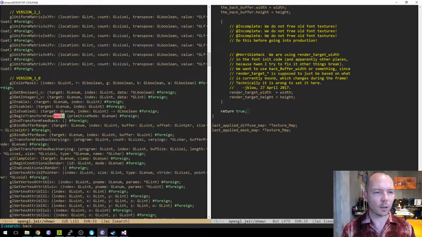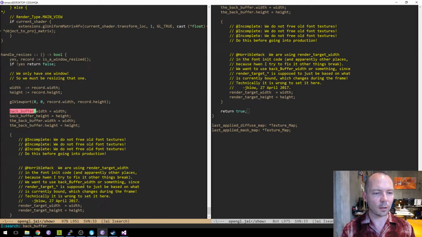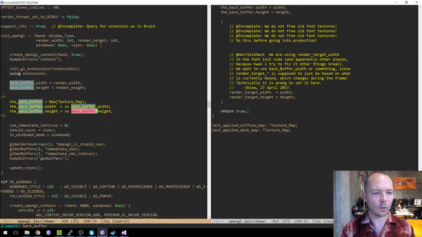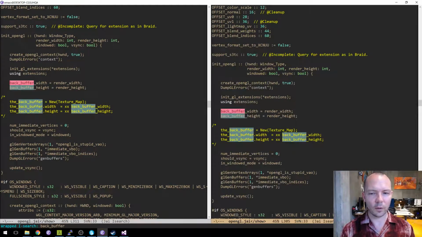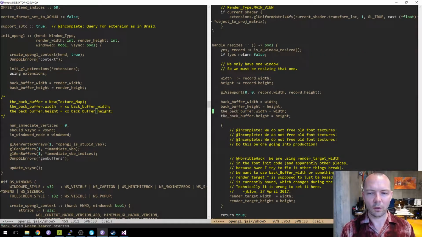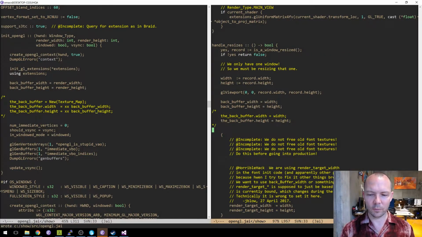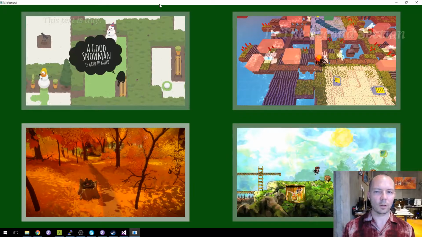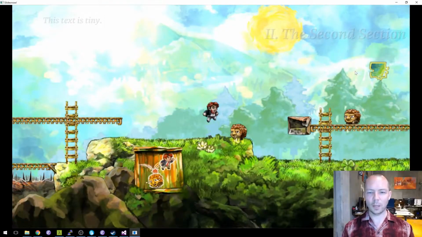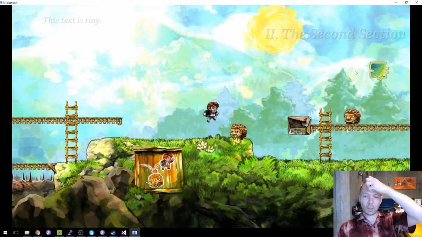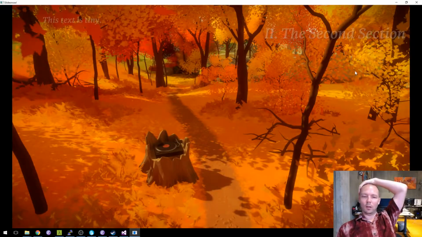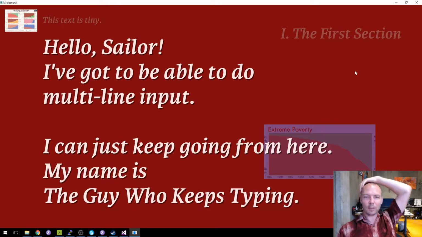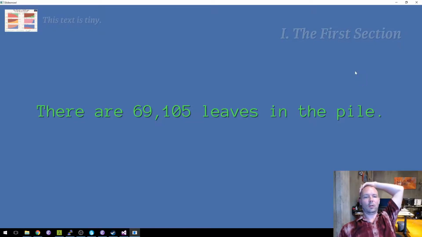Do I not? Wait, yeah. I don't have a VHDR buffer right now. I may get it back later. All right. Who knows what's going to happen here? Hey, that was pretty good. I mean, that's kind of blurry. I don't know what you guys are seeing. You guys are seeing it slightly blurred because you're at 1080. That's pretty good. Nice and crisp letters. That's great.